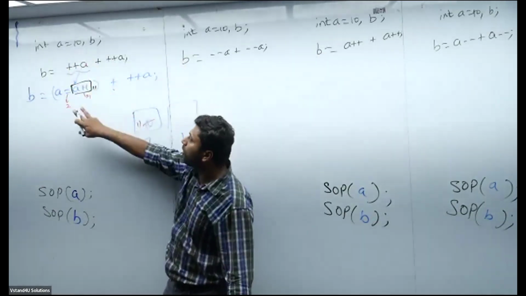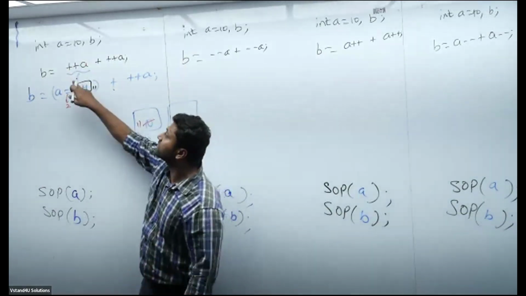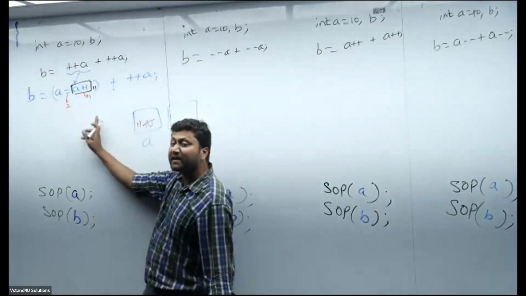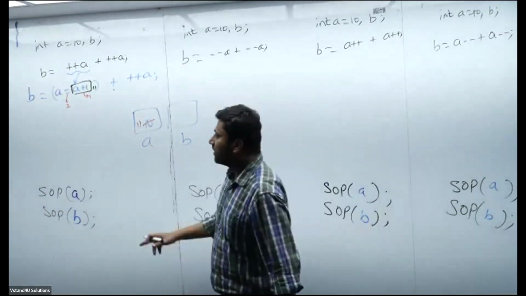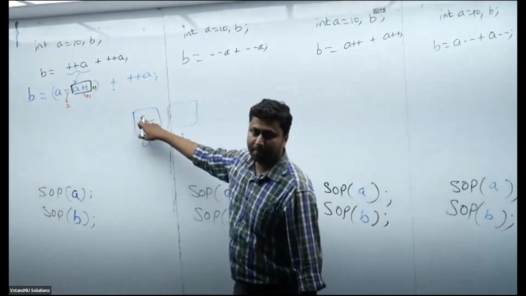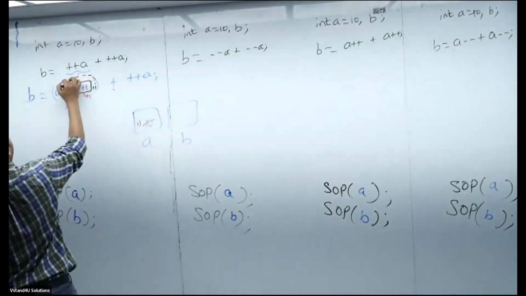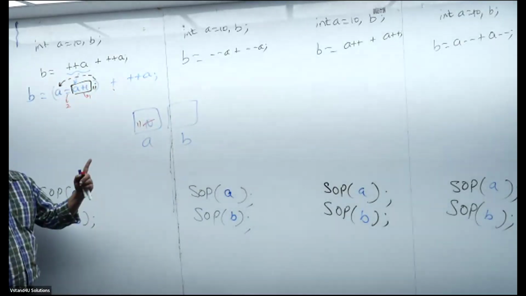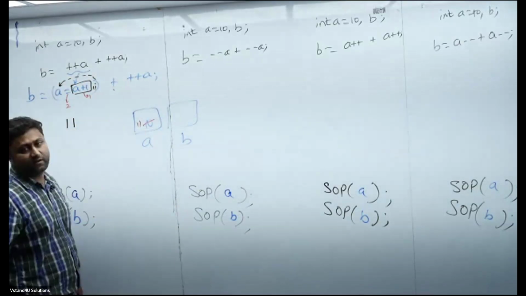Agree? In that, two operations: increment and assignment. Which one first? Increment, because it is the pre-increment operator. First increment, then assign the incremented value. Are you getting my point? After incrementation, A became 11, and this value has to be assigned. So 11 has been assigned to A. Done. That means for further calculation, the A value will be considered as 11.